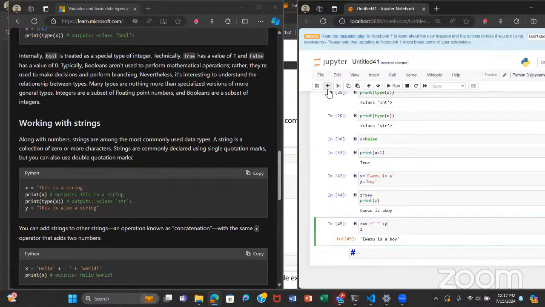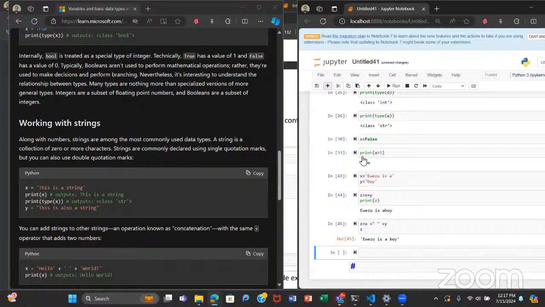I'm sure you probably wonder, is there something we can use to divide or multiply strings? Well, yeah, we can do something that sort of looks like multiplication with strings, sort of. I think we can only multiply strings by numbers. So let's do this: string variable multiplied by two.